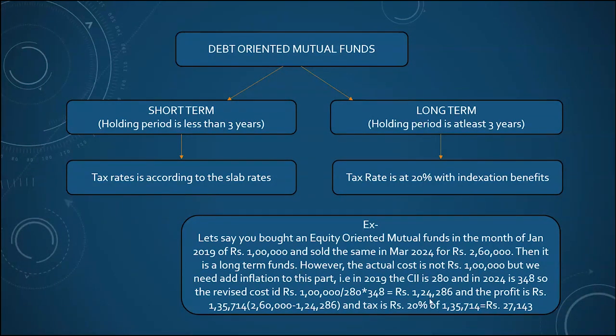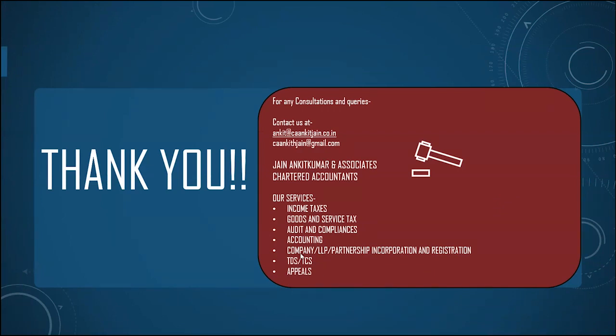In this case, the profit will be 2 lakh 60 minus 1 lakh 24, which will be 1 lakh 35. On this, 20% is taxable, which is rupees 27,143. So that's how the concept of mutual funds works. So if you have any queries or